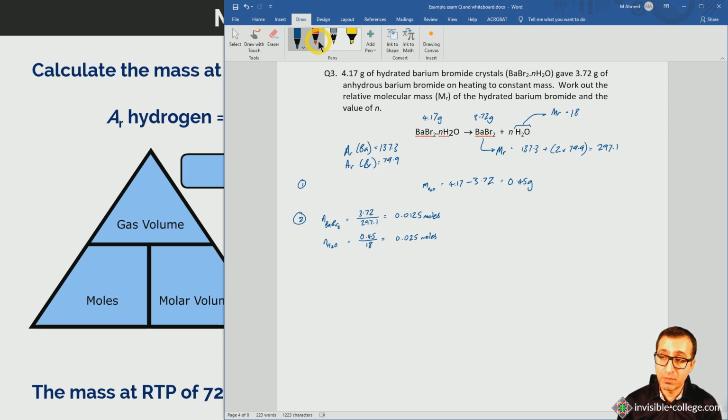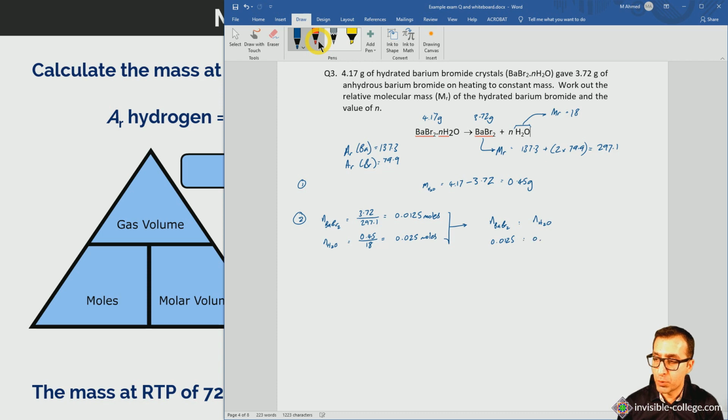So you have 1 mole of barium bromide here, and we have N moles of water. But we have a ratio here of the actual number of moles of these substances that we produced in this exact chemical reaction with this specific mass of the hydrated barium bromide crystals being heated to constant mass. So if we take these two numbers and express them as a ratio, the ratio of the number of moles of anhydrous barium bromide to the number of moles of water is